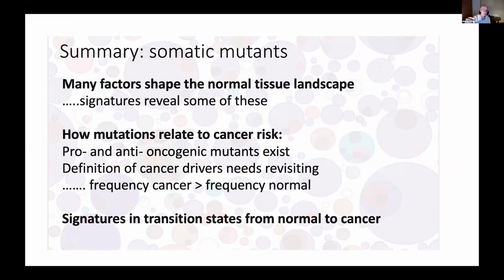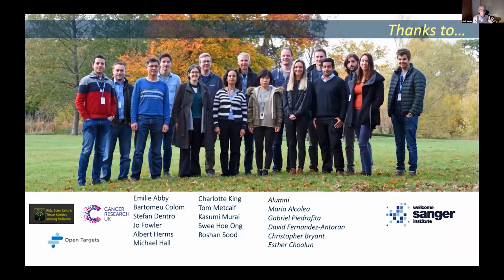So, you know, we know in the esophagus, cancers have a ton of APOBEC and a vastly increased mutational burden. We haven't found, I think we found one clone out of hundreds that we've whole genome sequenced with APOBEC. It's really rare. It'd be great if we could understand those transition states and the signatures that they carry. At that point, I need to thank a huge number of people, and I'm going to stop.